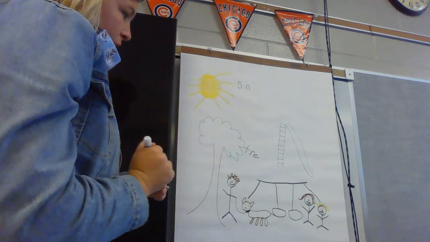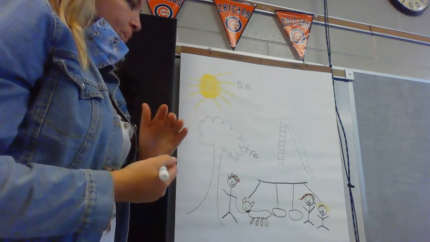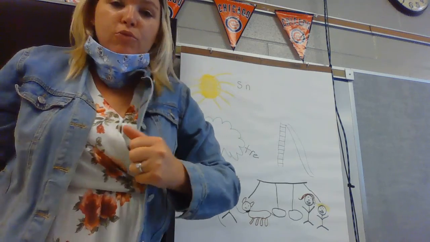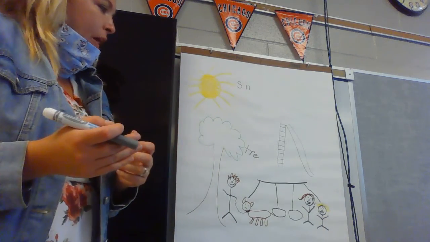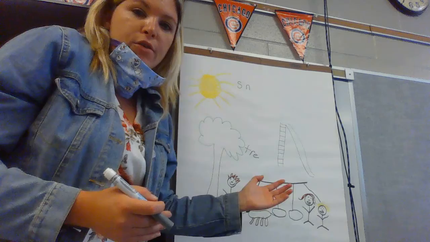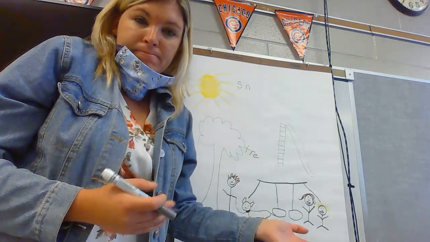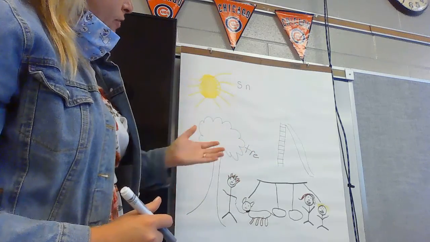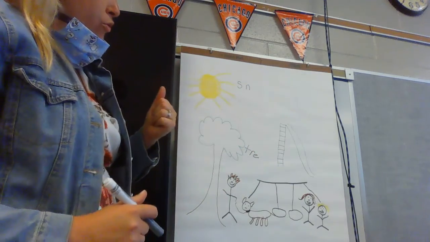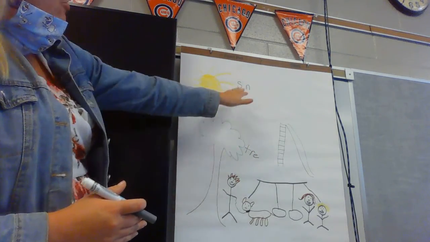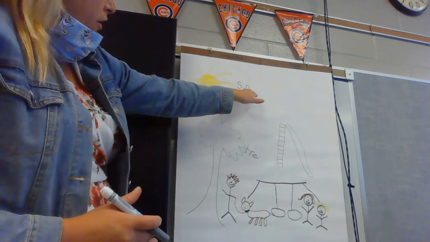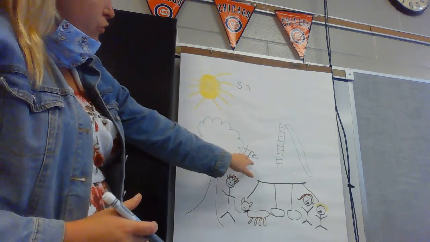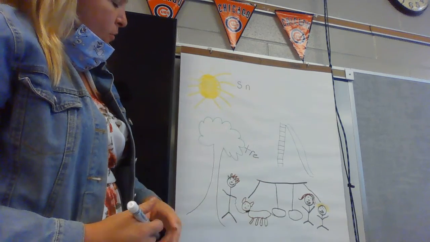Now, so we labeled two things. If, let's say, Mrs. Root, our principal, came into our classroom, would she know what our story is about? Maybe, maybe not, right? But that's why we have to add labels, so it helps someone know. So now if Mrs. Root came in and she saw sun, or she saw tree, and then we could add some other labels,